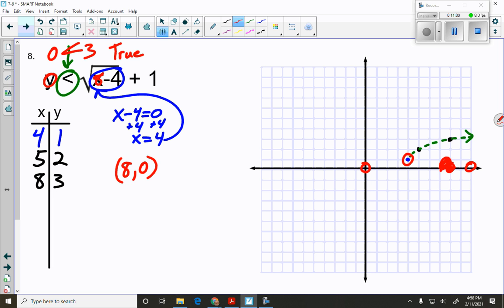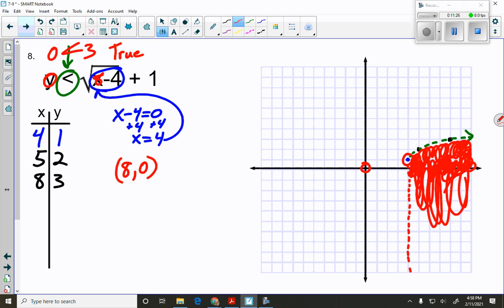If it is true, yay, then this point here, 8, 0, gets shaded, which means all the points next to it get shaded. 10, 0 gets shaded. Everything next to it, underneath this graph, gets shaded. Now here's what I want to tell you about. Everything down here is going to get shaded. But there is an imaginary line right down this point that we're not going to shade to the left at all. We're only going to shade underneath it, because our domain does not start